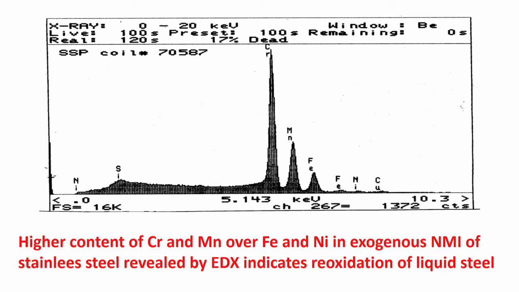As I have mentioned earlier, reoxidation means there was some oxygen ingress either in the tundish or in the mold. So, oxygen has reacted with the liquid stainless steel and formed a large reoxidation product, and as I told earlier, reoxidation products are normally larger in size,